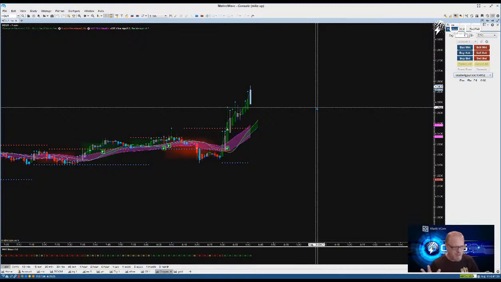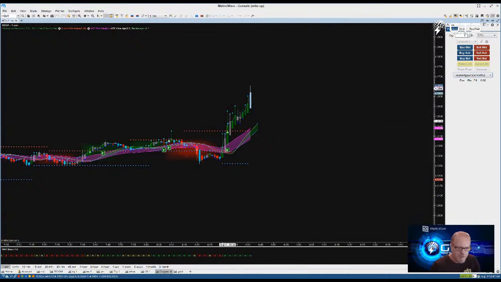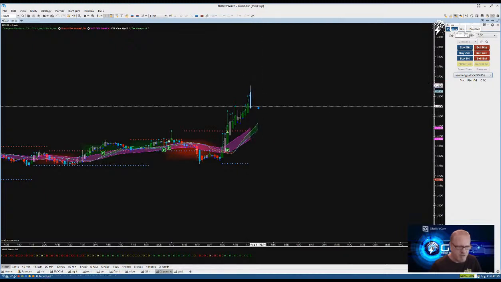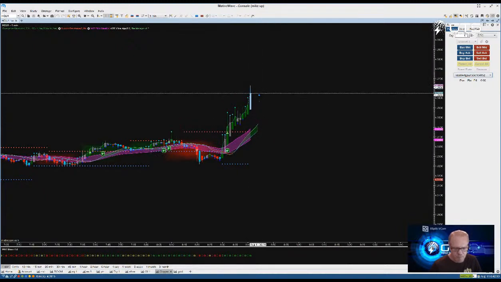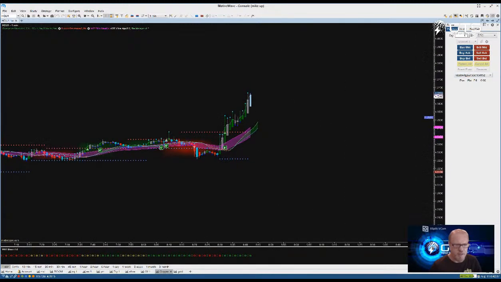But the good thing about chasing, though, before you would chase a market, you'd just jump in a candle and go, well, I think this is going to go, but I'm going to try to get some right here. And you'd wind up getting it come back on you. But the good thing about this trade manager, these cyan little dots right here are telling you a story that, hey, you're good to go on this. So I'm going to wait for this candle to pull back. And if I get another green cyan dot candle that comes into this, we might just take this in for a little ride this morning before they open here.